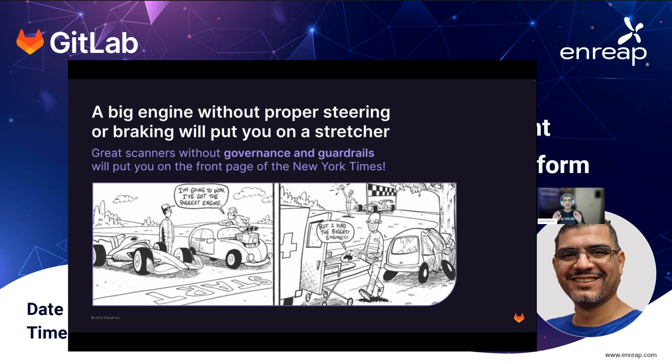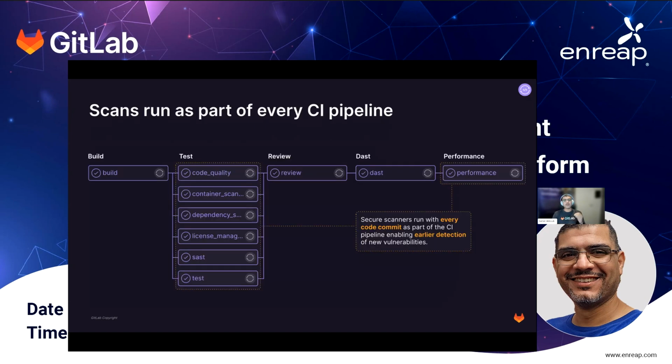The same analogy applies to IT or software development. You want to go faster, you want to automate your things, having controls is a must. That's why in GitLab, we take security and compliance to the next level. In GitLab, we provide security as an integrated part, and I will come back to the word integrated, of the DevSecOps cycle, which means: